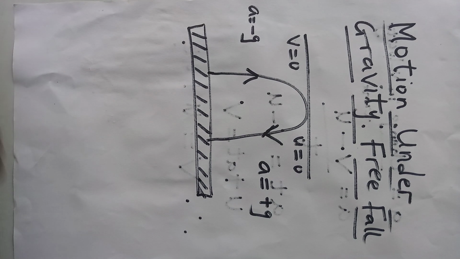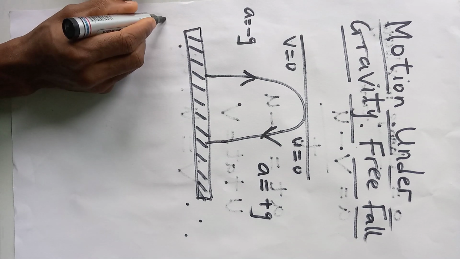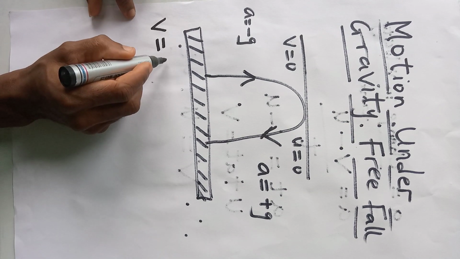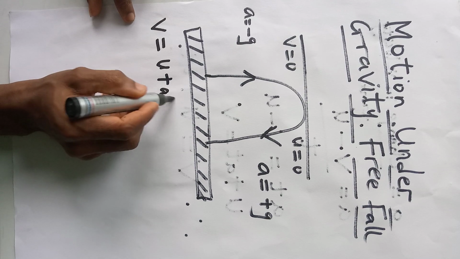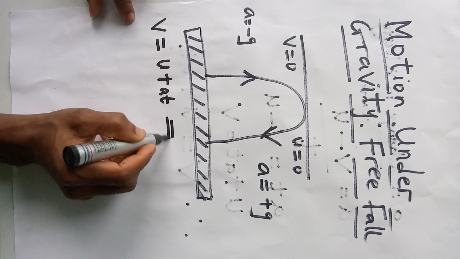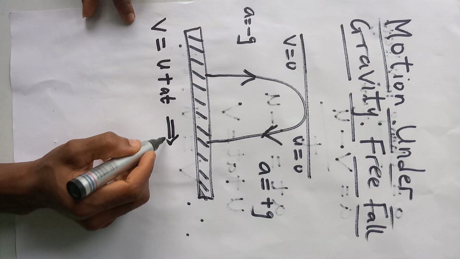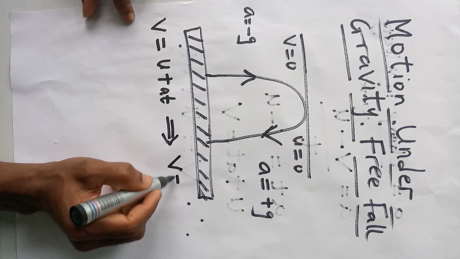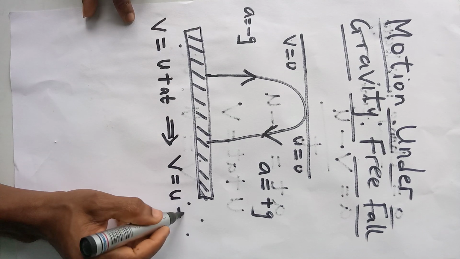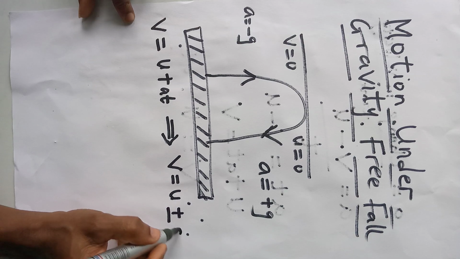So therefore the equations of motion for an object thrown to a height or released from a height will be given as, recall the first equation is V equal to U plus AT. Under gravity, this equation will be written as V is equal to U plus or minus g